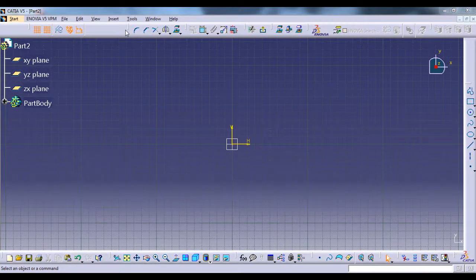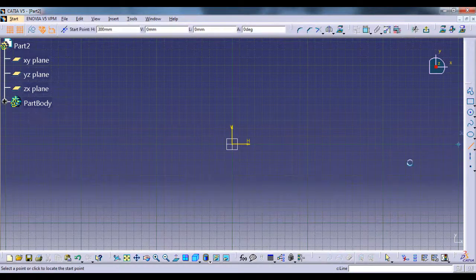One thing we need to understand about CATIA is that the instructions are always provided at the bottom of the screen in the left corner. So select an object or a command. For example, if we want to draw a line of 200 mm which has a starting point on origin, then we will simply select this line command, and now it says select a point or click to locate the start point.